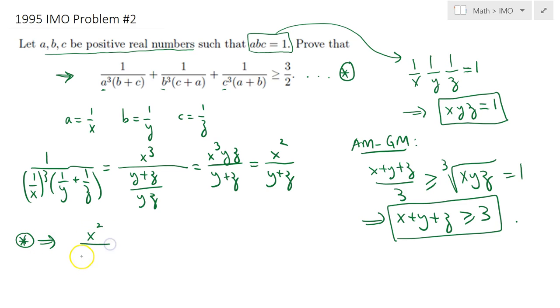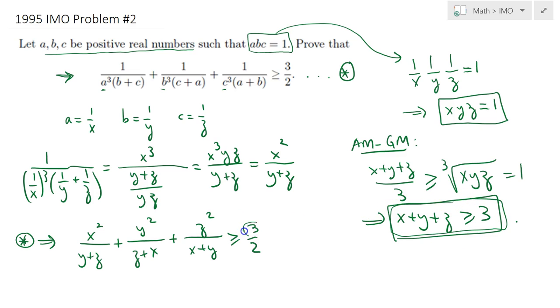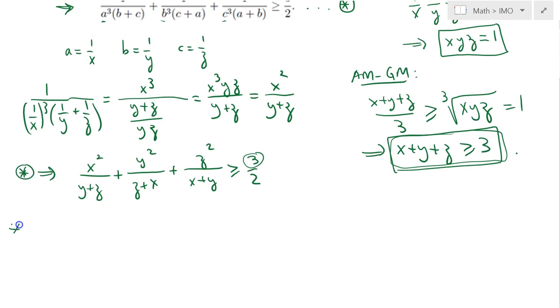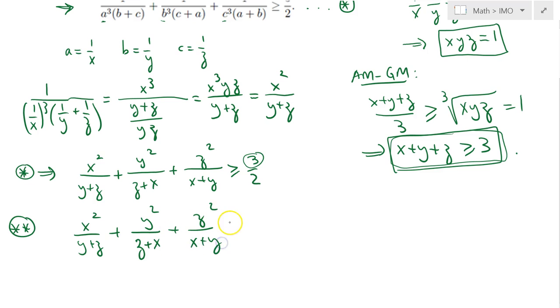Basically it becomes x squared over y plus z plus y squared over z plus x plus z squared over x plus y is greater than or equal to 3/2. Now I will make use of this observation that I made earlier to replace this 3 here with something bigger. So I claim that proving this new result, namely x squared over y plus z, y squared over z plus x, and z squared over x plus y being greater than or equal to 1/2 (x plus y plus z)